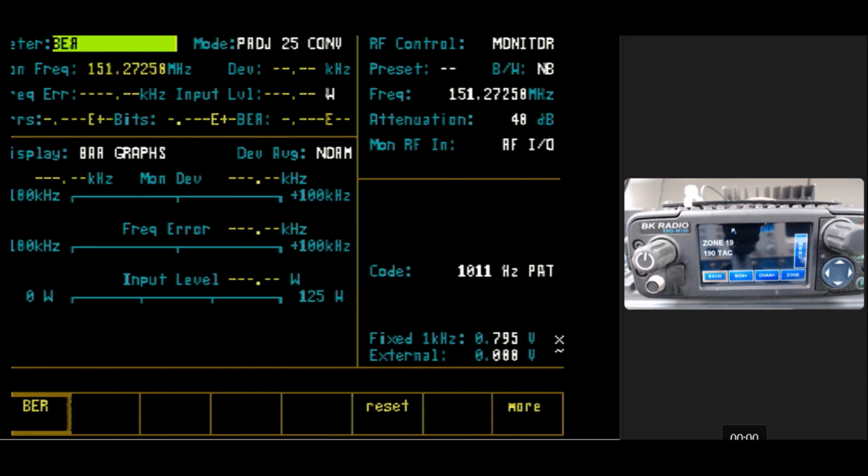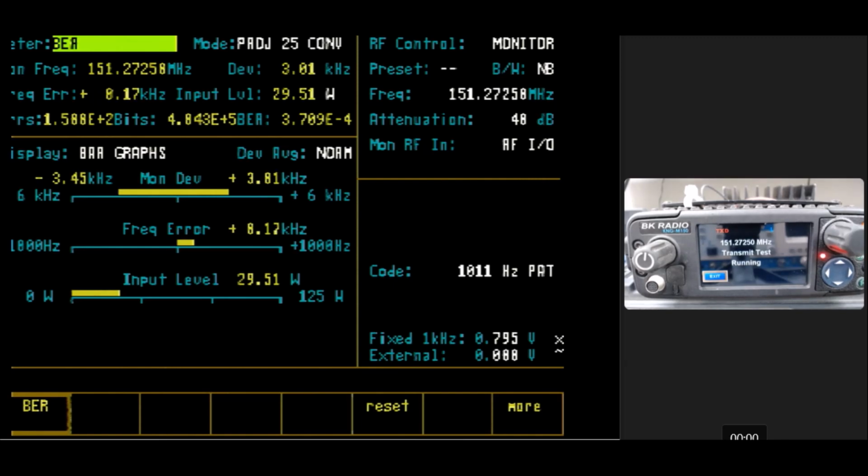test and confirm that I don't have any errors in my transmit. So I'll come up to the bit error rate on the radio. I'll hit enter. You'll see it starts. You'll notice on the frequency error I'm getting 150, and that's normal because of the abnormal data pattern here. If I come to my reset button here, which is down here on the screen, and I hit it and